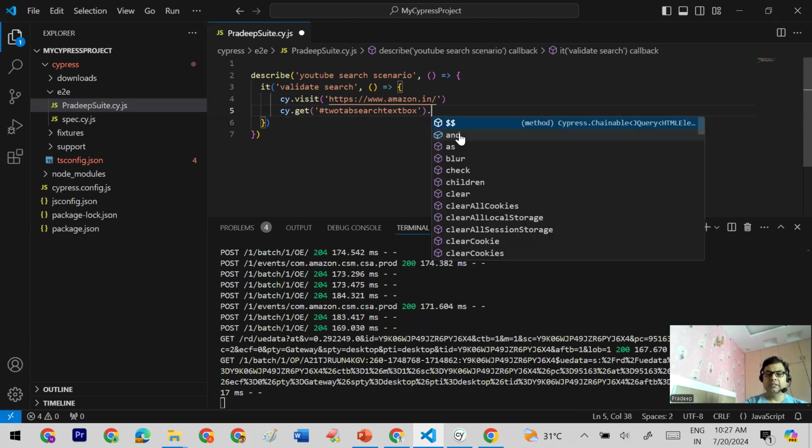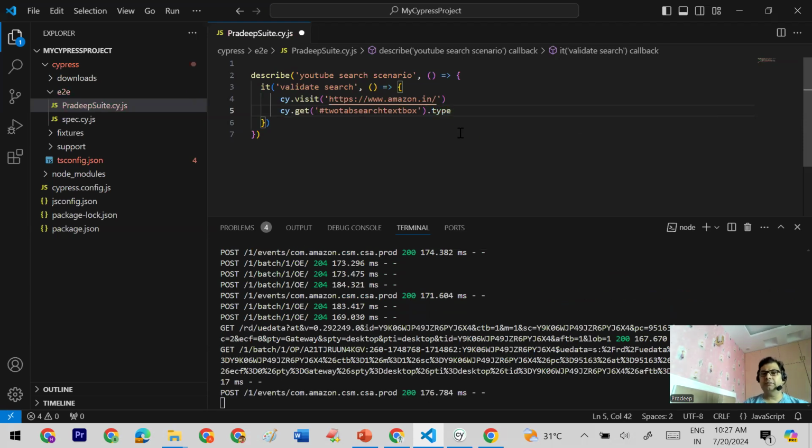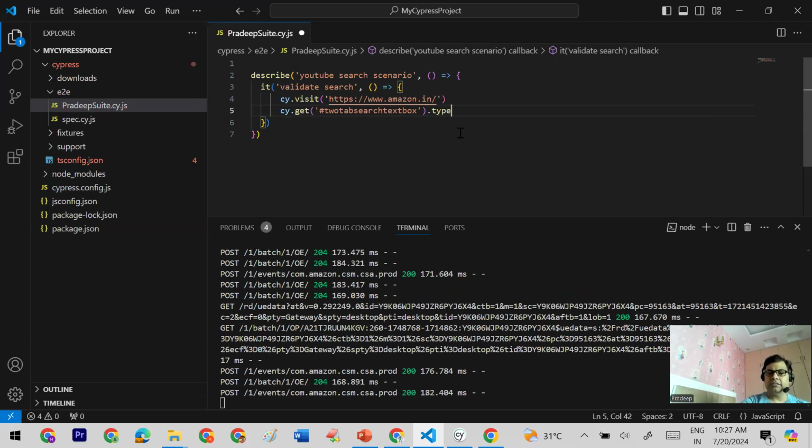For that purpose, I'm using a type function here. We are not going to cover actions in this session. Different types of actions like type and click we are going to cover in a separate session. In this session, our focus is on how we can find the element, and the different ways to find an element. So here I will write something like Samsung. Now I will save it, and you will see that when this code runs, it will find